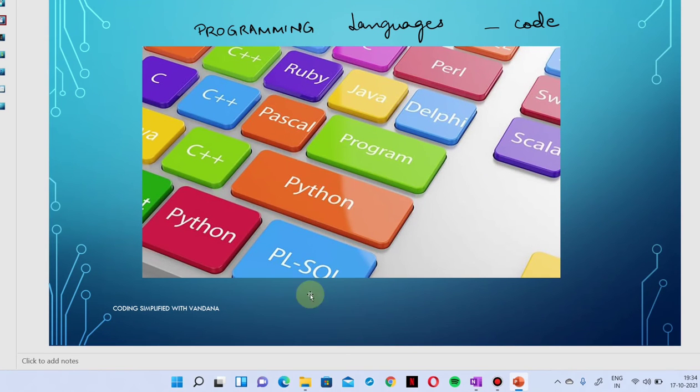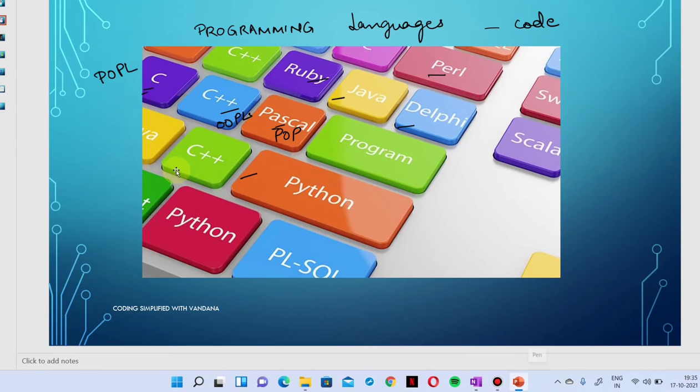So these are a few examples which are here in front of you. Over here, the C language is a procedure-oriented programming language, and C++, Python, Java, all these three are object-oriented programming languages. Okay, Pascal is another procedure-oriented programming language, and all these are very general purpose programming languages, which you will learn about in due course of time.